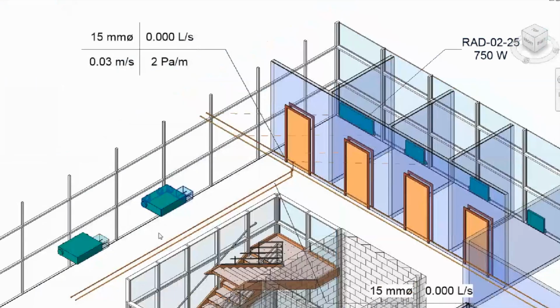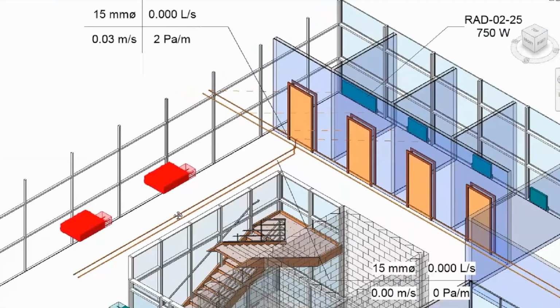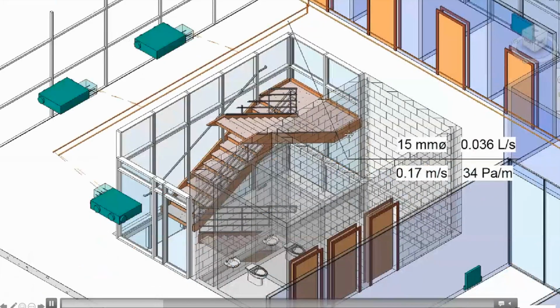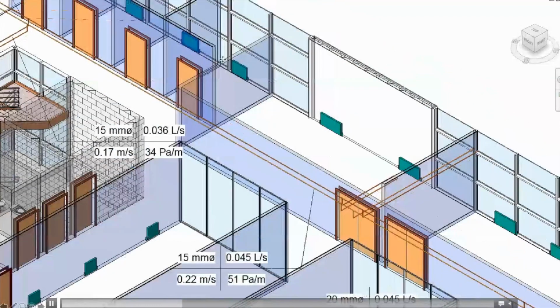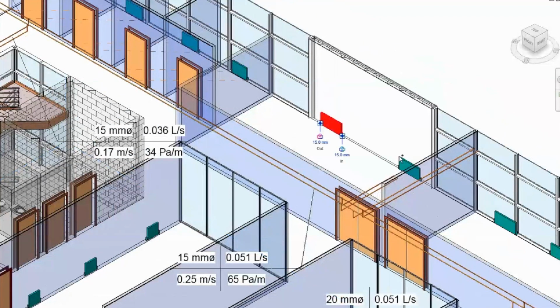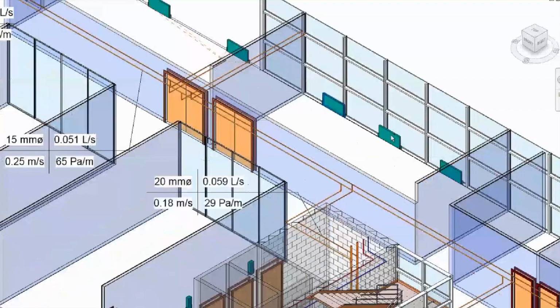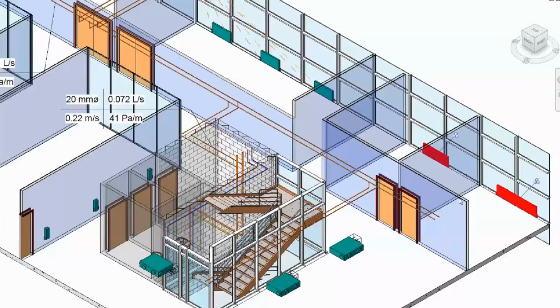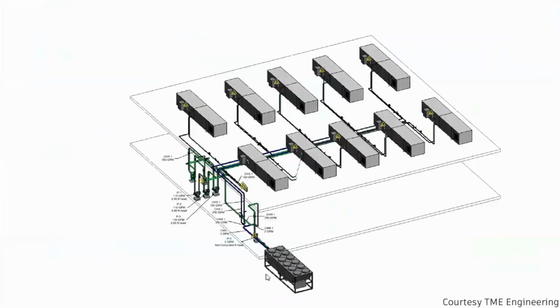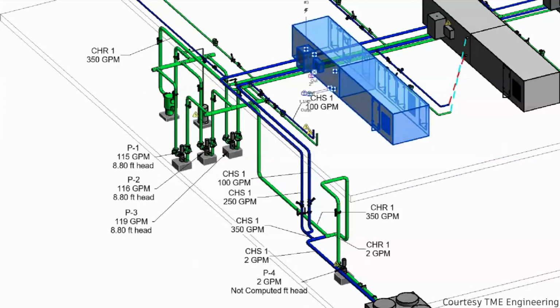This is an example from Europe, so I apologize. But historically, what you had to do was literally model all these fan coil units up before you could begin to size the system. But with recent enhancements, we're able now to do these virtual connections where we can begin to size primary runs to start to grab space and get some early understanding of the size of the system and the capacity and so on and so forth. And as we get into detailed design, this is TME Engineering from the US, we can start sizing our systems using more sophisticated tools and doing hydraulic pipe sizing as you see here.